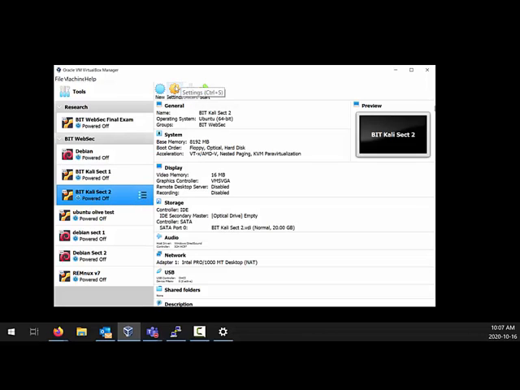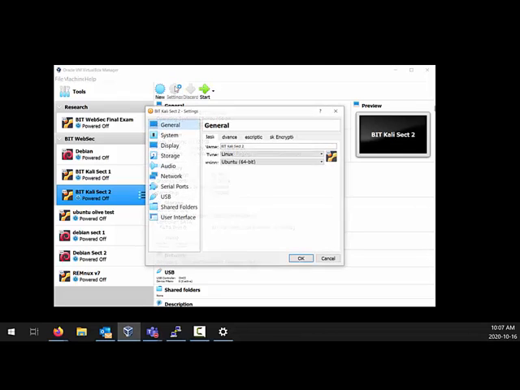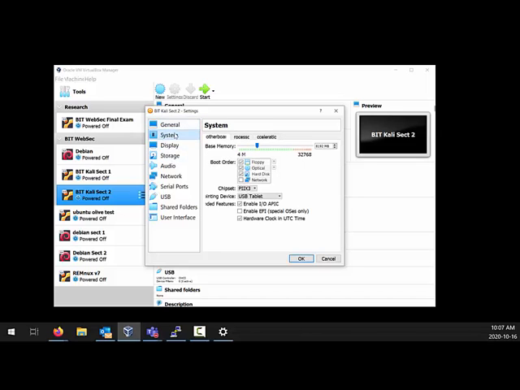Before we start it up, we need to modify the settings, just like we had with Debian. Alright, general is fine. If you want, you can add some kind of description, set some encryption, but we're fine with it as it is. It's on the system one that we want to start looking. The second